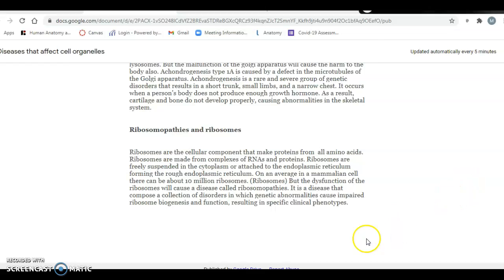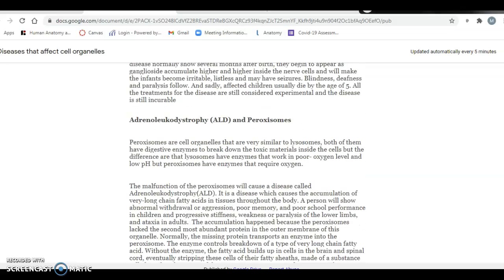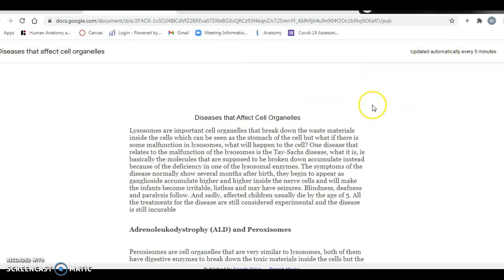So I gave you these just to realize this is what you're trying to do with the case studies. And just giving you an idea how you're going to identify what organelle is being affected. You need to think about what the problem is and then what organelle actually does that. So when we go back,